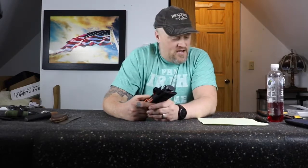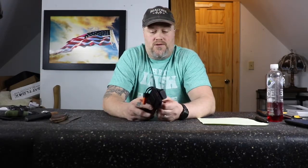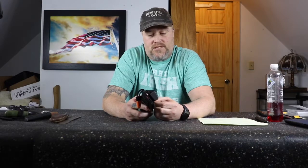Okay, the next knife that I have is quite controversial because it has Bear Grylls' name on it. Either you hate Bear Grylls or you love Bear Grylls, it seems like. I did watch him basically for entertainment purposes. It was an interesting show. You're not watching him to learn survival techniques and stuff, even though he was in the special forces and stuff,